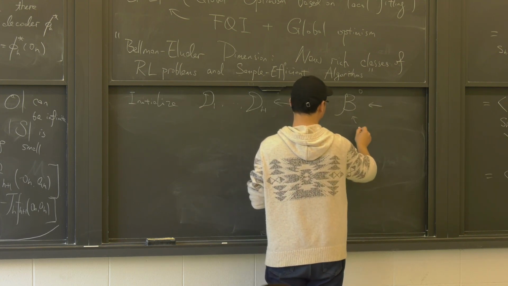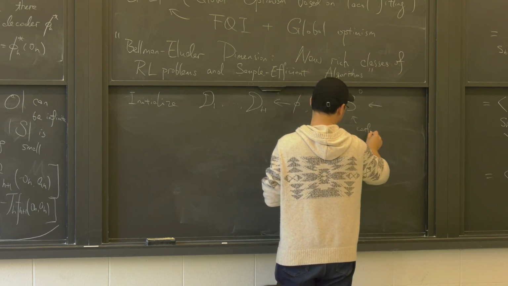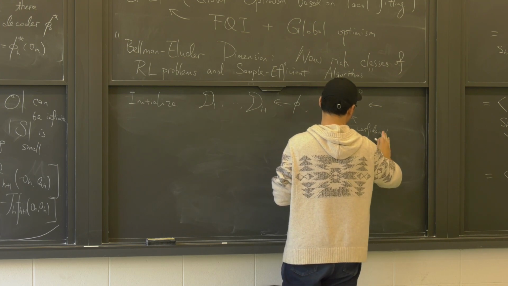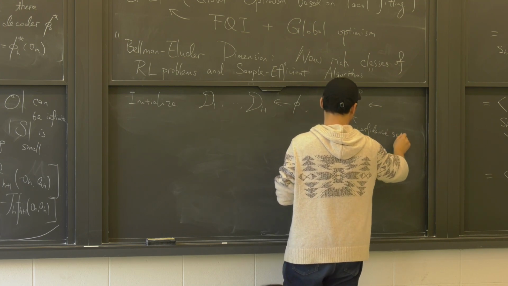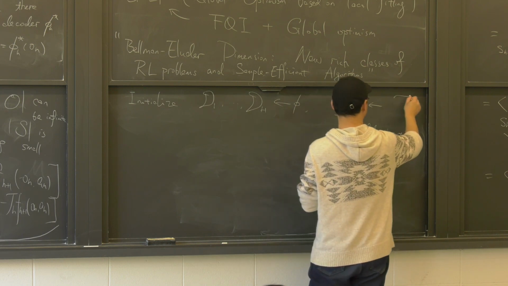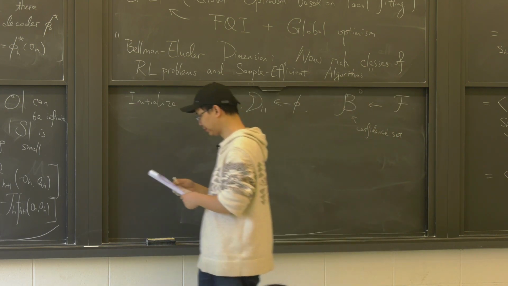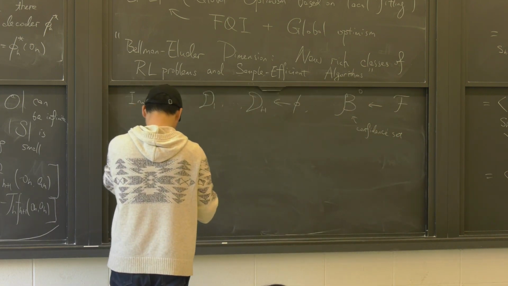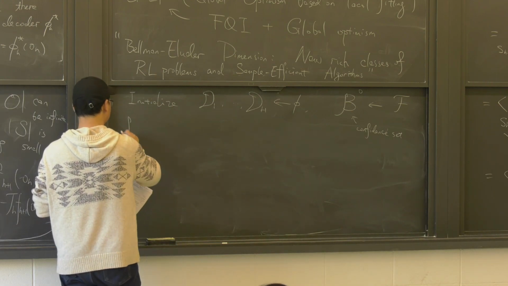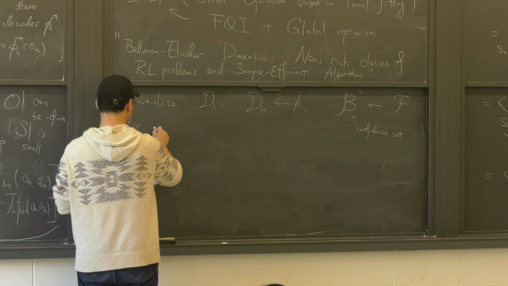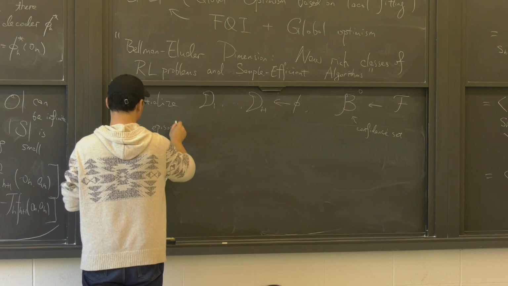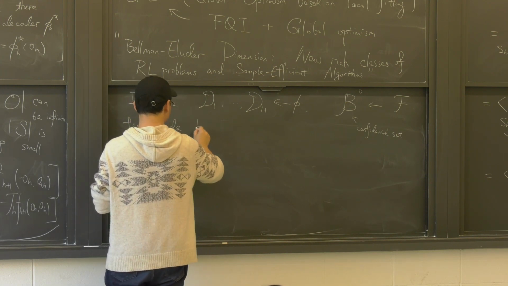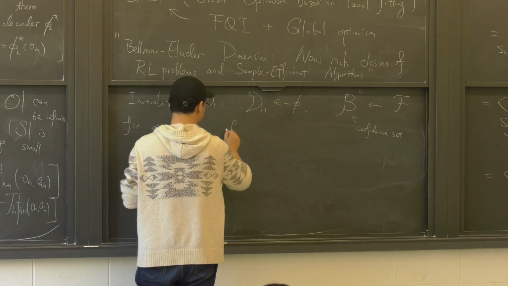This is the initial confidence set of the value function, to be F, that is the entire function class. So for episode k from 1 to capital K,